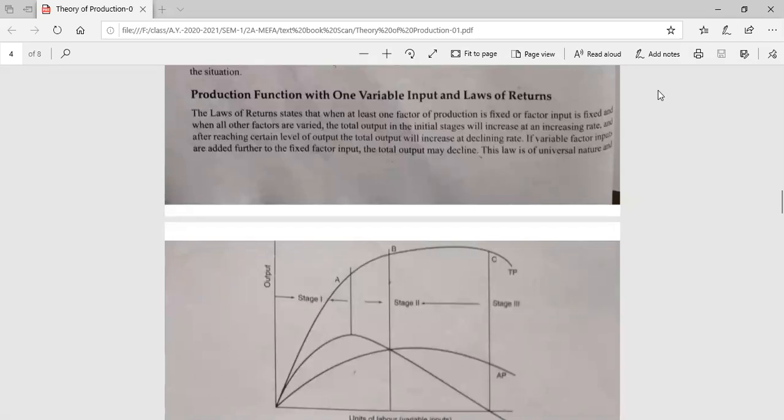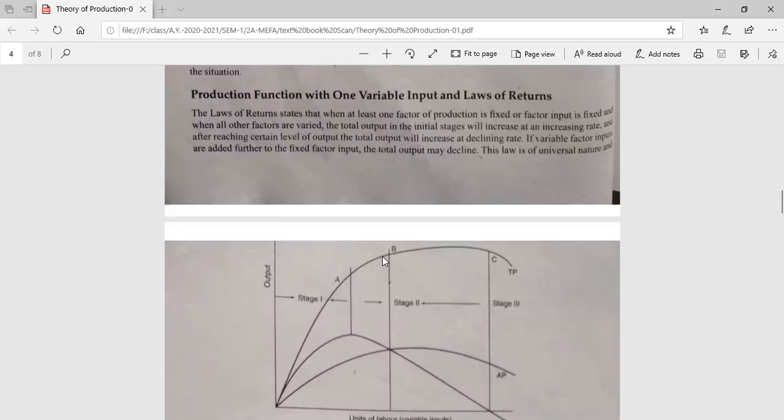So we are discussing the example, right? Where if you increase the labor, the production is increasing. This will be done up to the point A. That means proportionate increase. After that, if I have taken the 5th person, the output is only 450 units.